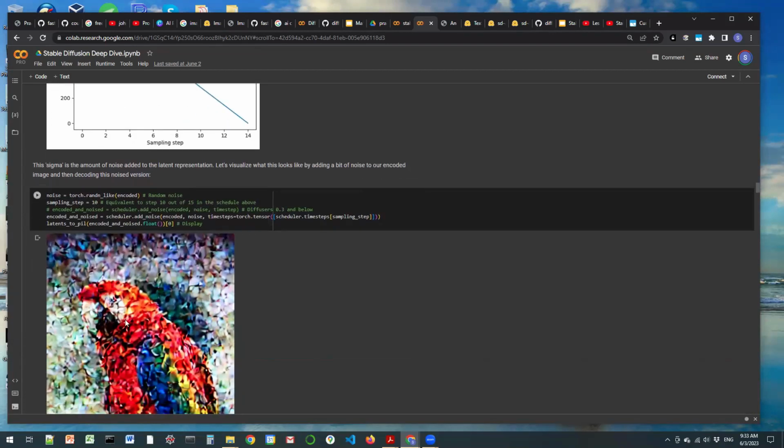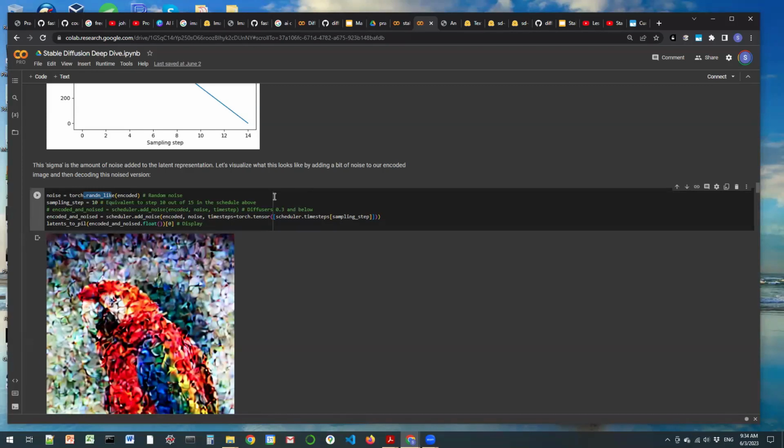Right. So here's where he again does a good job of explaining, if you will, with this image. What you do is touch random like encoded. So what is he doing? Here the encoded is just the encoded latents, right? But he creates noise corresponding to this encoded shape. That's why the random n like, right? And then,